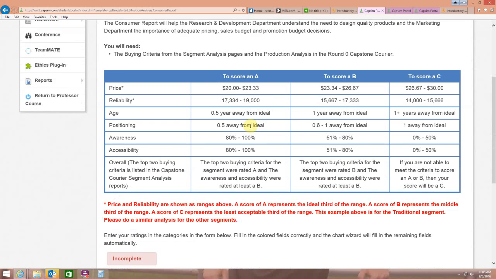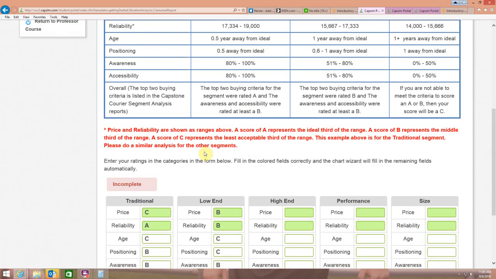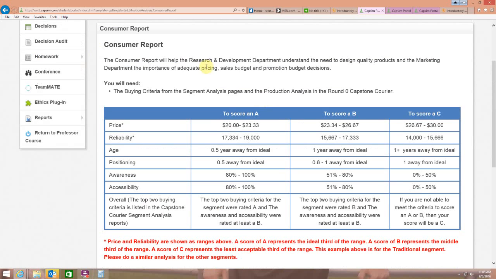Consumer report. I kind of already finished some of these. So the consumer report will help the research and development department understand the need to design quality products, and the marketing department the importance of adequate pricing. You'll need the buying criteria from the segment analysis pages and the production analysis in round 0, in the round 0 capstone courier. So I'm going to need that, right? To score an A, to score a B,